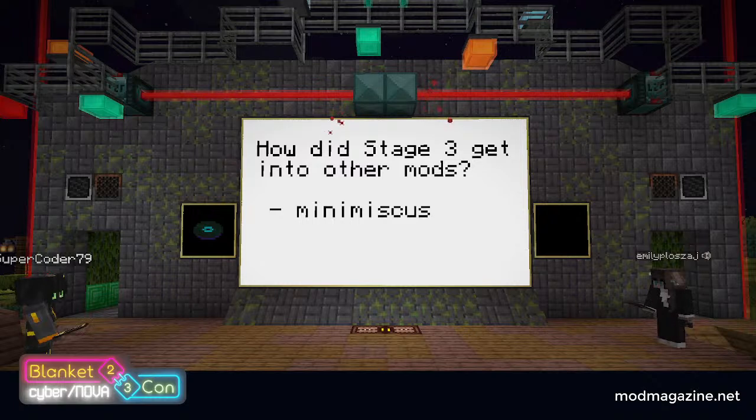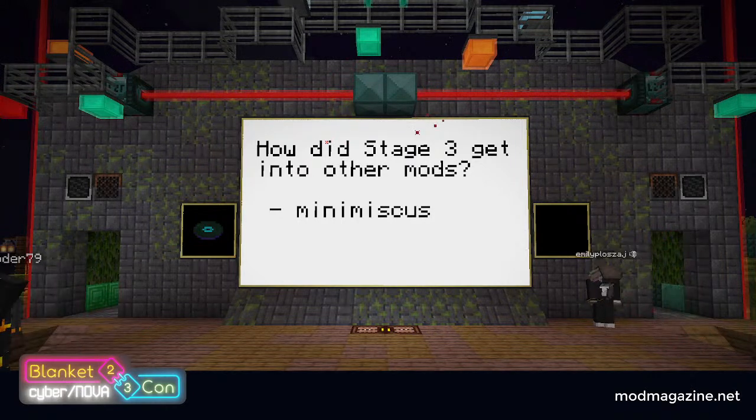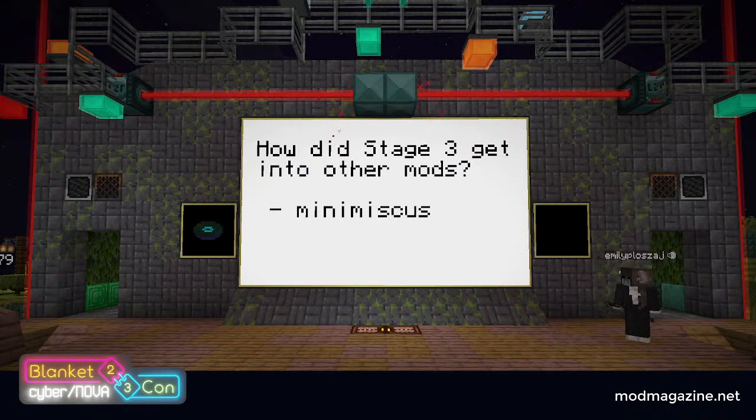Oh, I guess in the chat, I think they meant, how does Stage 3 put Stage 0 into mods? It just iterates the file system. It looks for jars. You can look at the code and be like, is this a Minecraft mod? Does it reference these classes? If so, put it at anything that implements this, or just put it at the main. It is fairly trivial to use ASM utilities to do this, and yeah, so that's what they did.